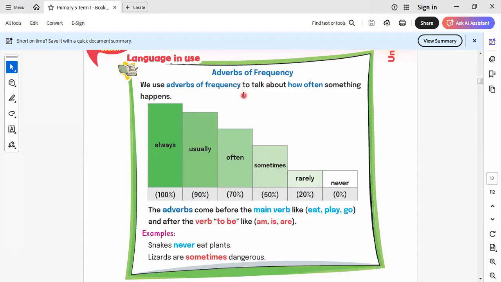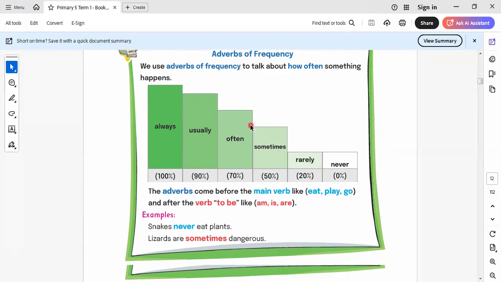Okay, here we say this is the adverb of frequency. As we know, the present simple tense is used to describe actions, habits and facts. When we use always, it means the action happens 100%. Never means the action doesn't happen at all. So when the action happens 100%, we use always. When the action doesn't happen, it will be 0%.